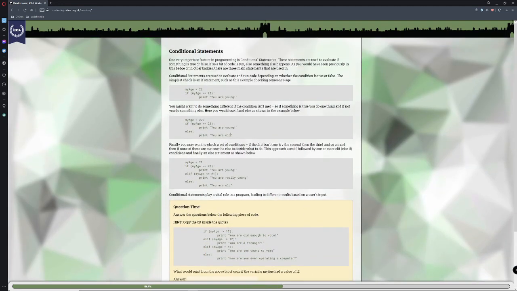Conditional statements. One very important feature in programming is conditional statements. These statements are used to evaluate if something is true or false. So, a bit of code, okay, that's a bit wrong grammar there, just saying. If so, a bit of code is run, else something happens.